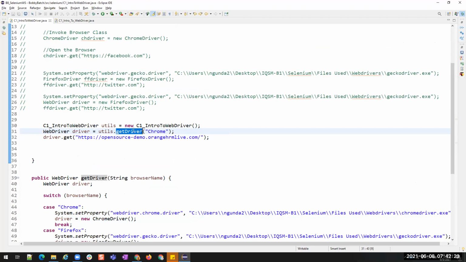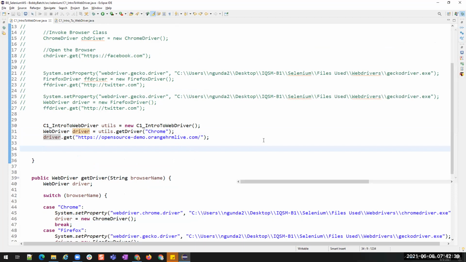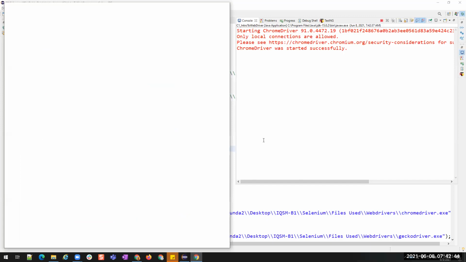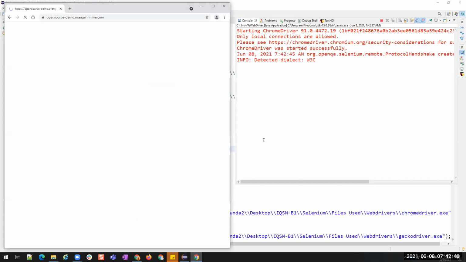Everything is happening inside this getDriver method and it is returning a type WebDriver. Now I'm storing that in a WebDriver object and then I'm using my methods. Now let us run this and see. See, Orange HRM is opened on Chrome.